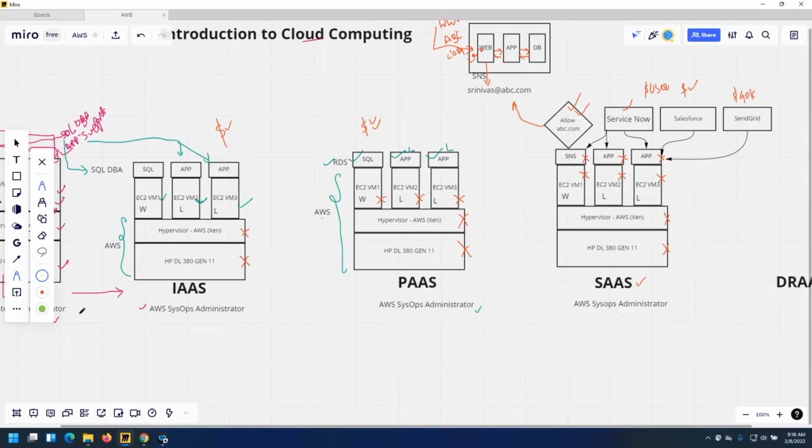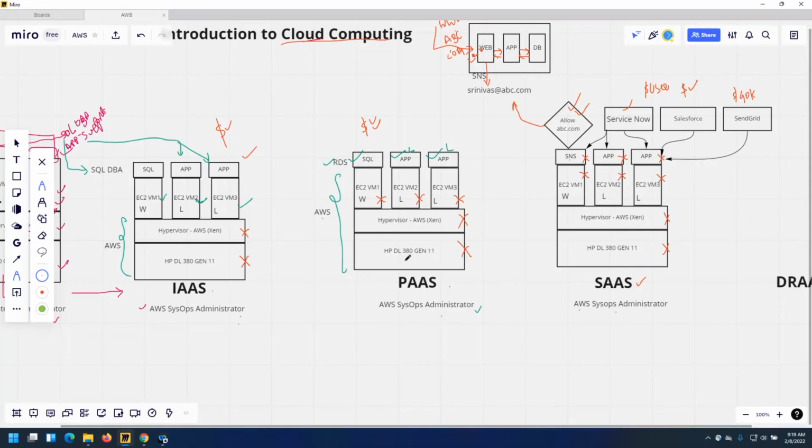So as an Azure administrator or AWS administrator or GCP administrator, if you are talking about cloud computing basics, these three will remain the same. IaaS, PaaS, SaaS will remain the same. It is not going to change. What changes is your day-to-day operations. As an administrator, you are responsible for this whole thing, and this whole thing, and this whole thing.